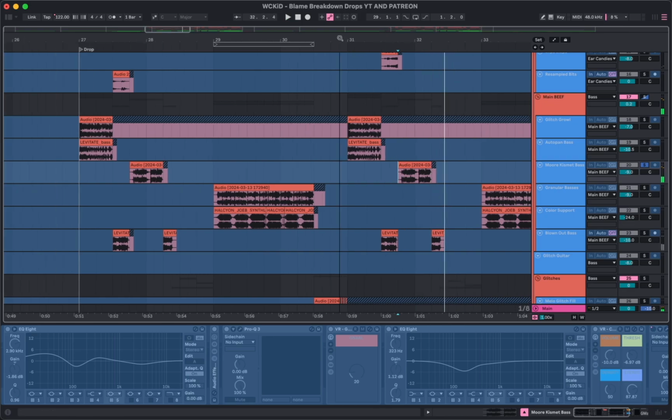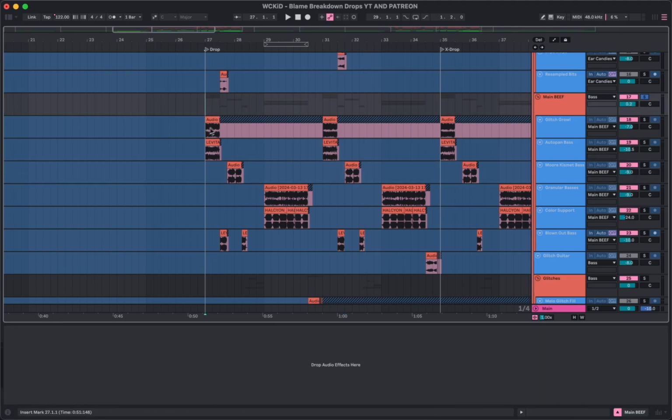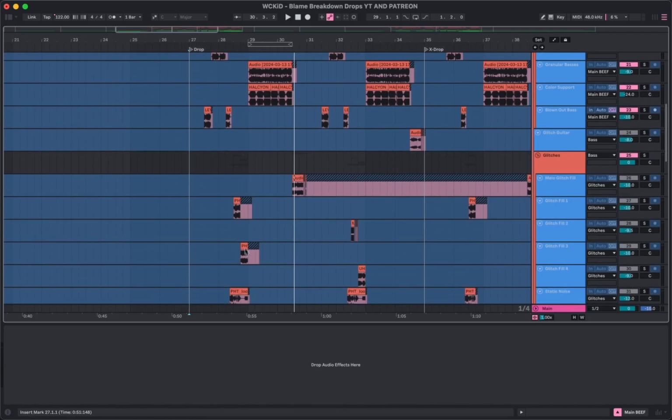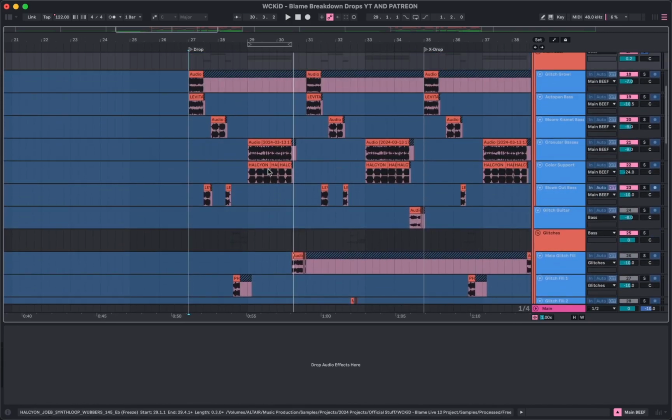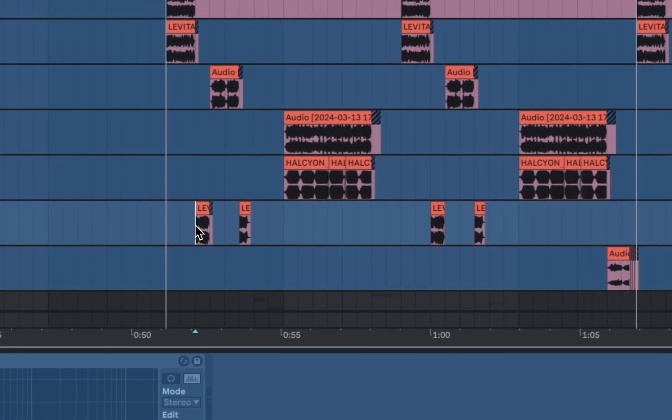So what I'm essentially trying to do is make a call and response pattern where the glitch growl calls for it and these other sounds respond. You didn't hear anything because the glitches are supposed to be the call for the second response. So yeah, that's why. Then I have these blown out basses over here